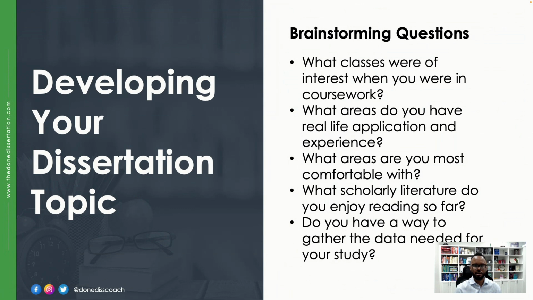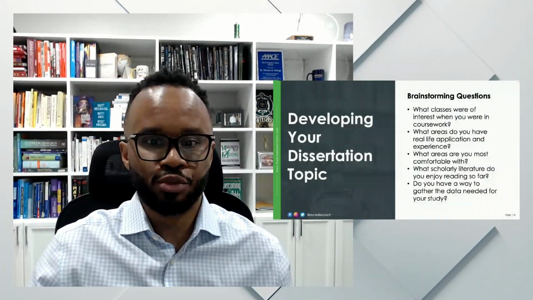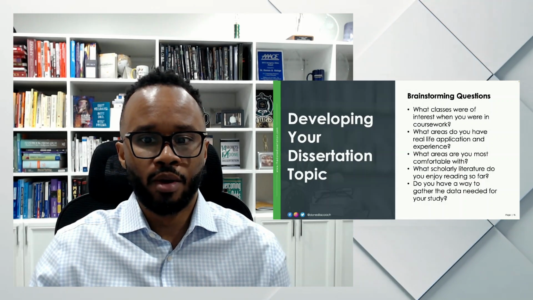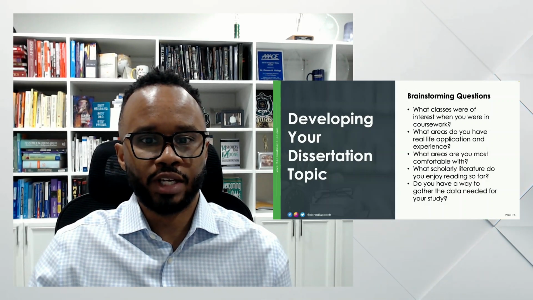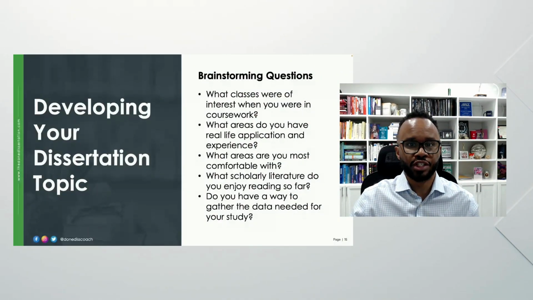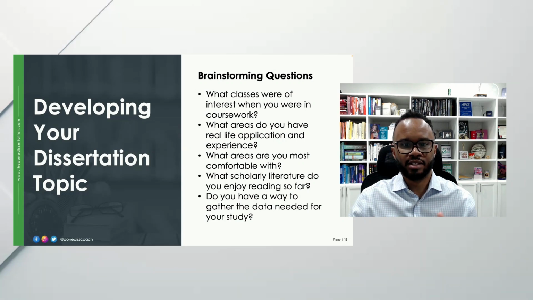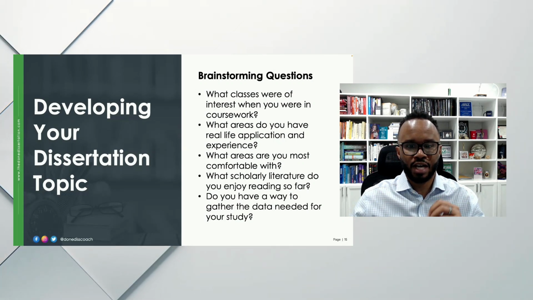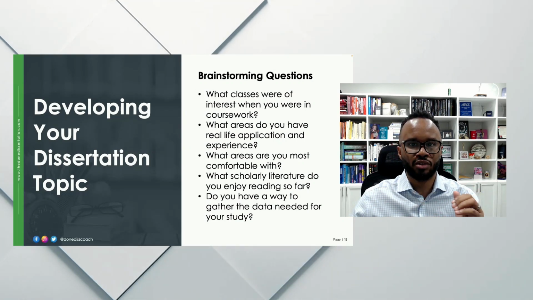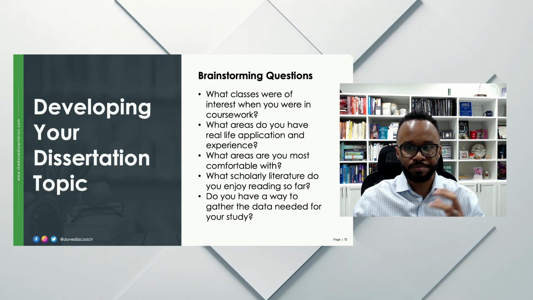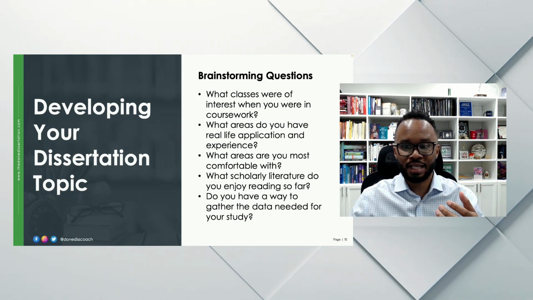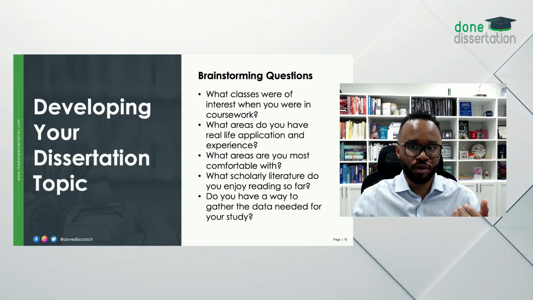Also, what areas of research are you most comfortable with? For instance, as you're thinking about narrowing your topic, one of the things to consider is methodology, right? And so if you've gotten to a point in your doctoral program where you don't feel as comfortable with your methods, this is something that you want to consider. So, for instance, if you're someone who's thinking about doing a quantitative dissertation and recognize that the skill set that you developed while in your doc program doesn't lend itself well to doing quantitative work, maybe that's not the topic you want to roll with, right?